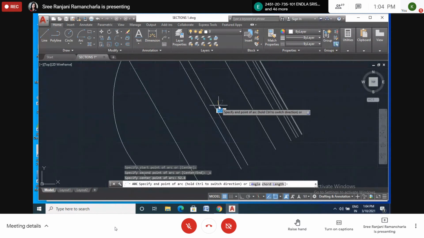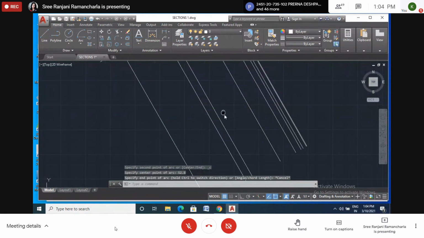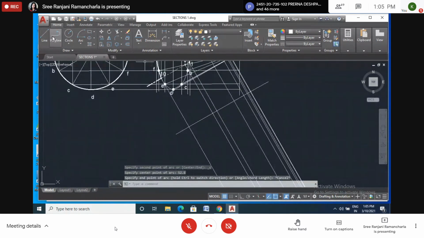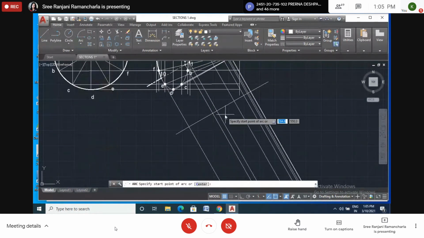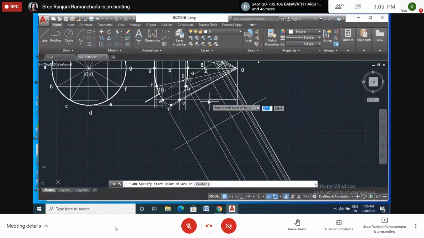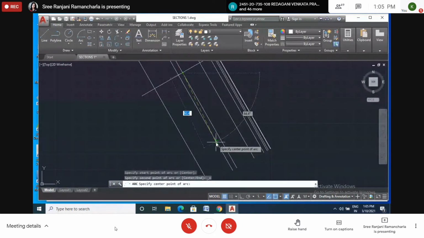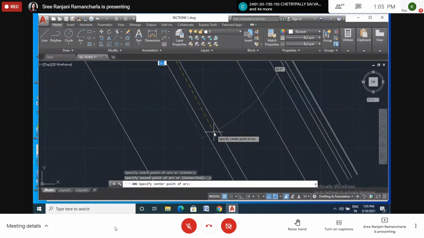Sorry, see here, I'm taking a clockwise direction, so it shows here. So I have to show it anti-clockwise. Arc, start, center, A. Start is on this line. So I want to keep it here. 52.8.